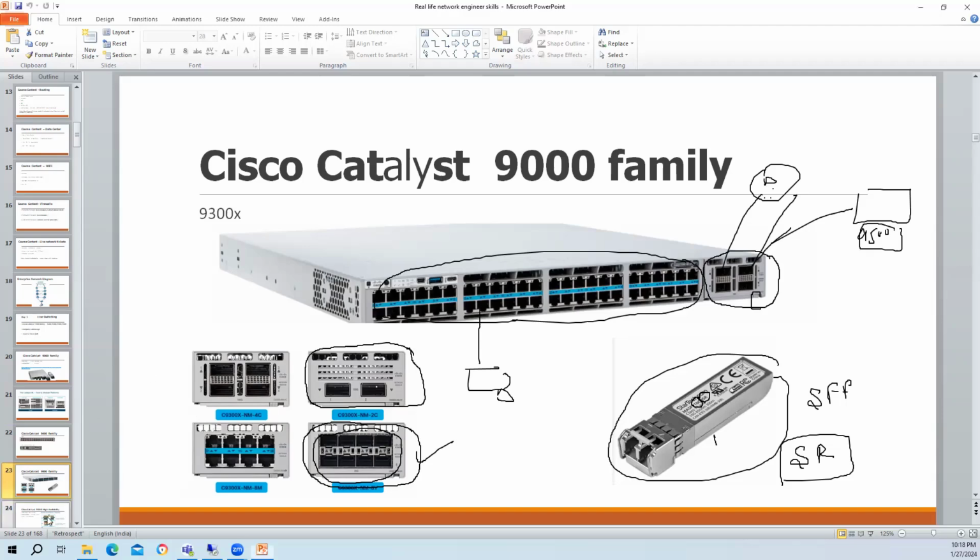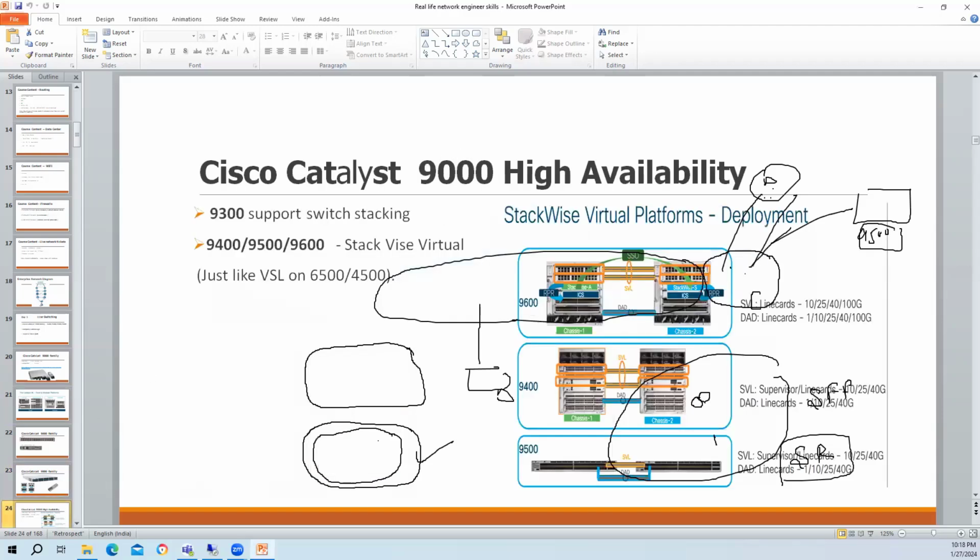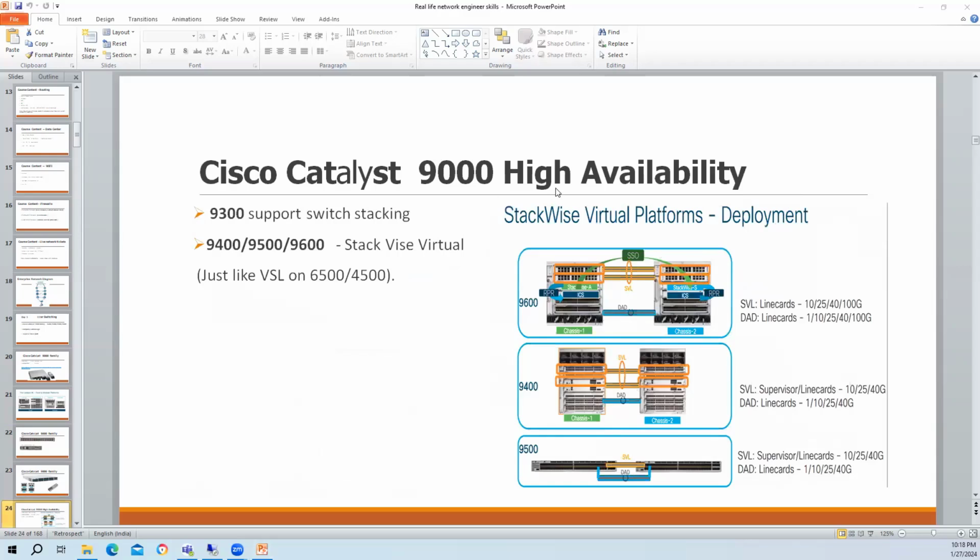And then the high availability perspective, okay, like HA, these switches, the 9300, they support switch stacking. So just like the 3700, 3800, those switches earlier supported stacking, and 9300 and I believe 9200 also support stacking.